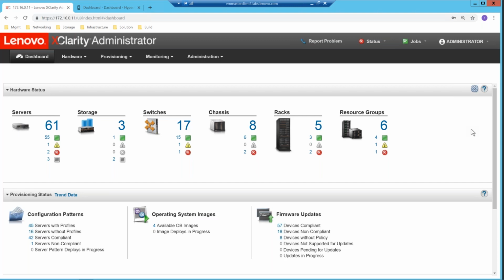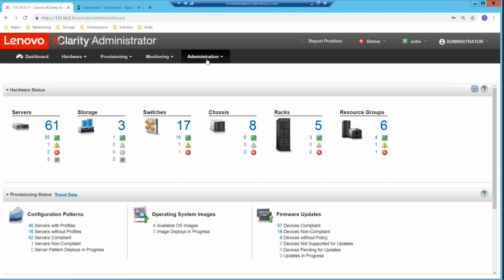Racks are just a graphical representation. I'm not managing the rack itself. The rack is just a cabinet, but I can graphically represent them in meaningful ways. And then the resource groups, which was a relatively new add, not in the last couple releases, but before that, allows me to group things as I need to, either for easily finding them or according to how I might want to assign roles for my different users,